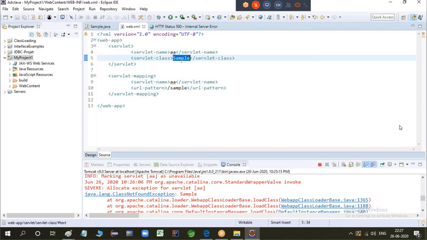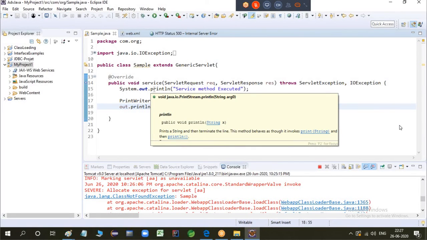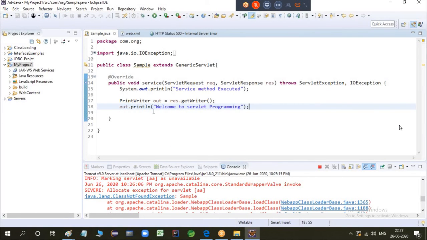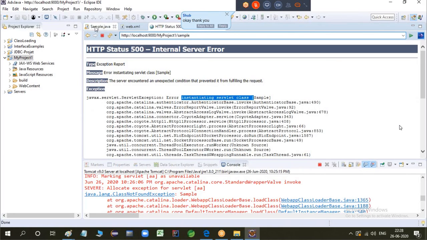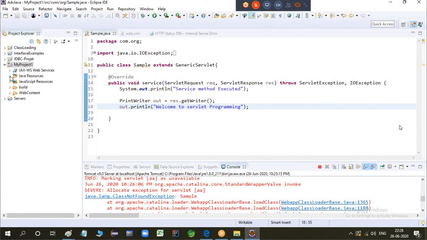So we have to take care about how to map properly and how to execute the class. And who will execute? The service method will execute, where we write the logic, and the print writer to display the output. All these things we have to do. Running the application will be done by the server's JVM. No main method is required. We are not running this. We are just mapping it to the server. But we are getting some error on the server. We are not able to create a sample class object. We have the sample class object here. One second.